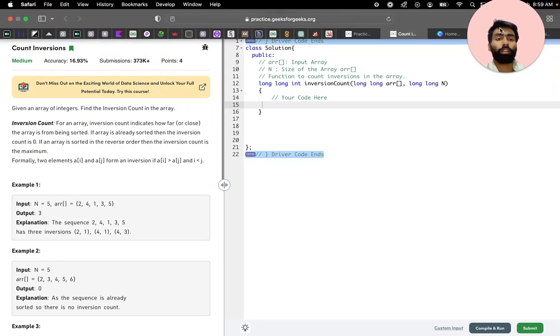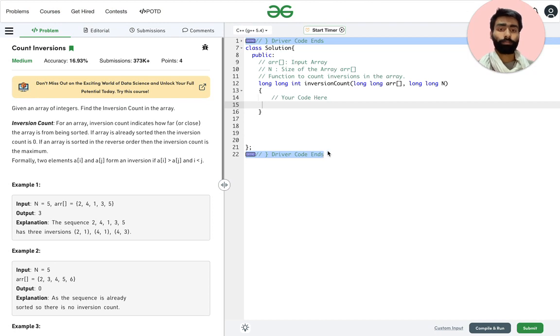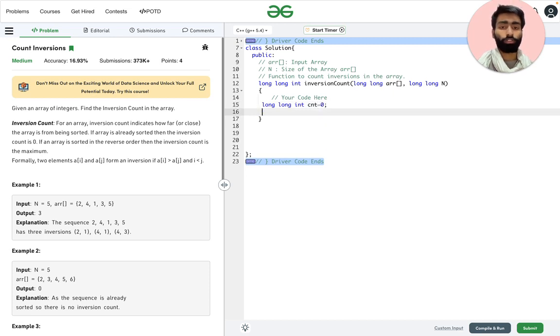So first we need to call the merge sort. What we will do here, we will first create a count variable that is of long int type. Call it count, initialize to 0.